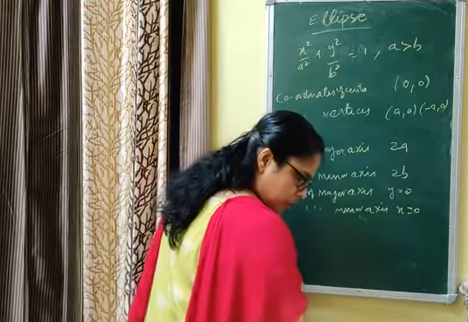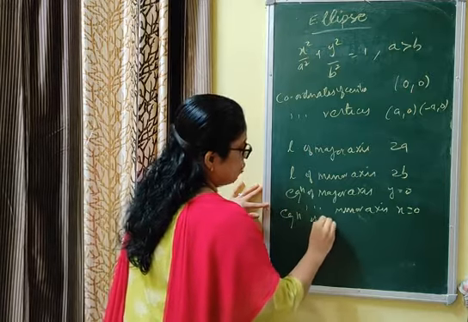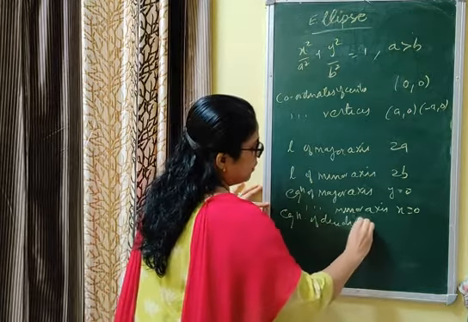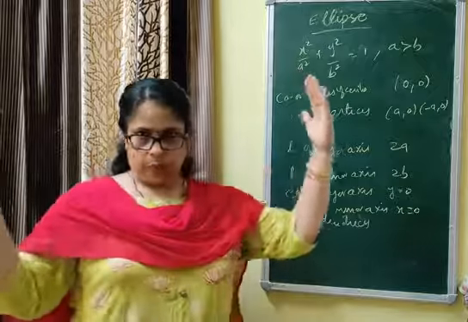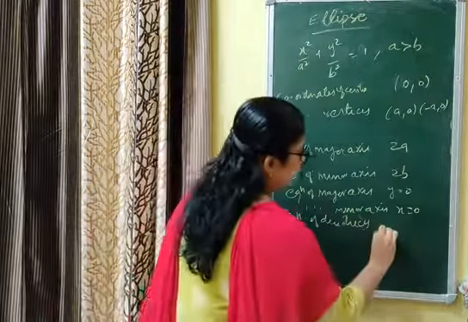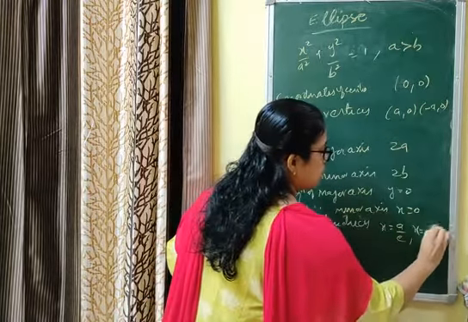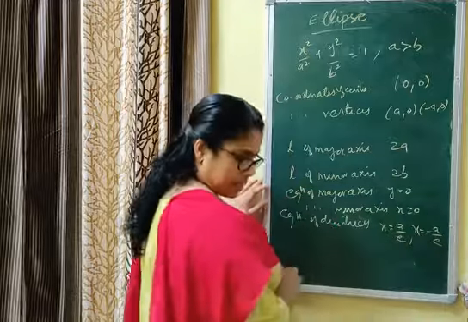Now equation of directrix. ये ध्यान रखना. Equation of directrix. Directrices दोनों y axis का पैरेलल आएगा. y axis का पैरेलल मीन्स x इक्वल टू कांस्टेंट, x इक्वल टू a by e, और if it is left, x is equal to minus a by e, where e is the eccentricity.